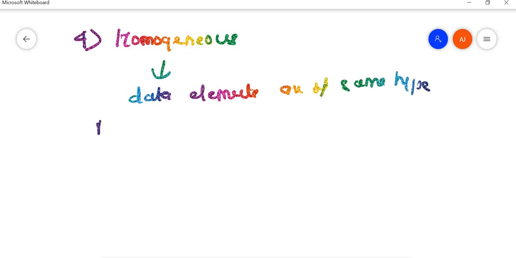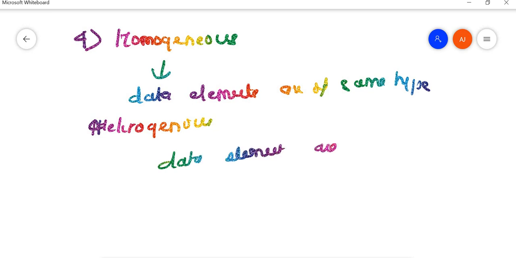And in heterogeneous, the data elements are of different type. So I think you can give the example for now. Homogeneous means array, and heterogeneous means data structures like graph, trees, etc.